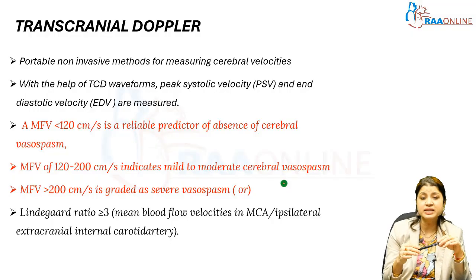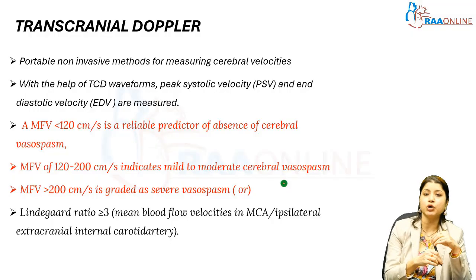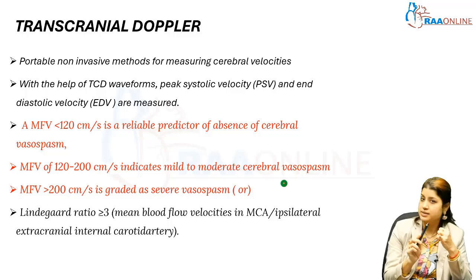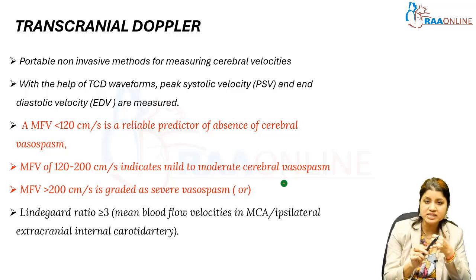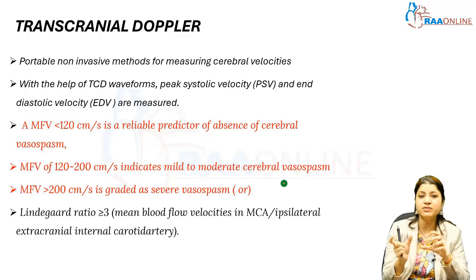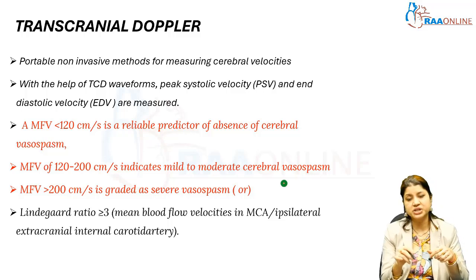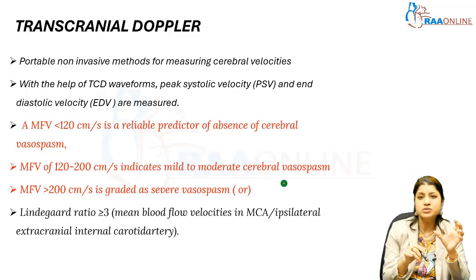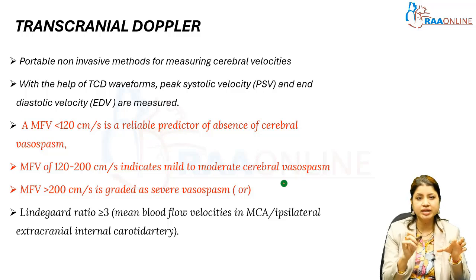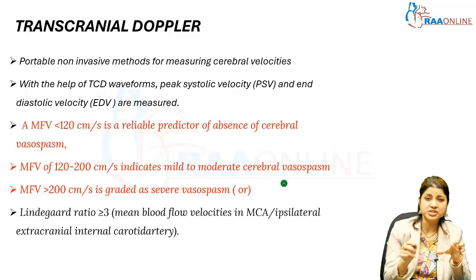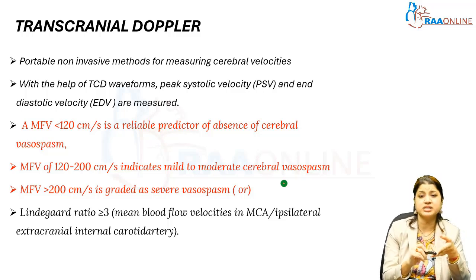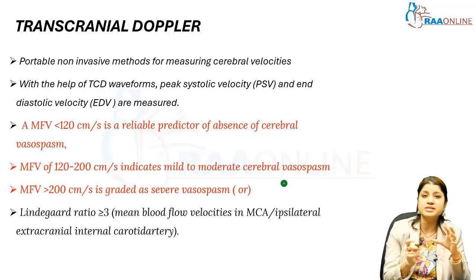So one such thing is the use of transcranial Doppler. It is, as we discussed, a portable, non-invasive method to measure the cerebral velocity. The concept here is, we have a phased array in our ultrasound machine, and we then install the software for measuring the transcranial Doppler measurements and measuring the cerebral velocities, and using the peaks in our cranium